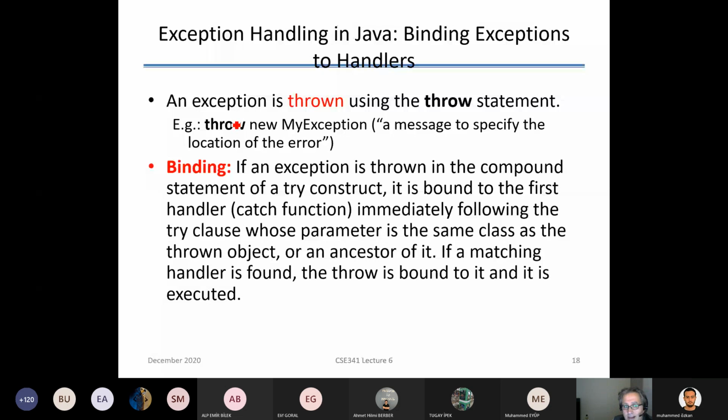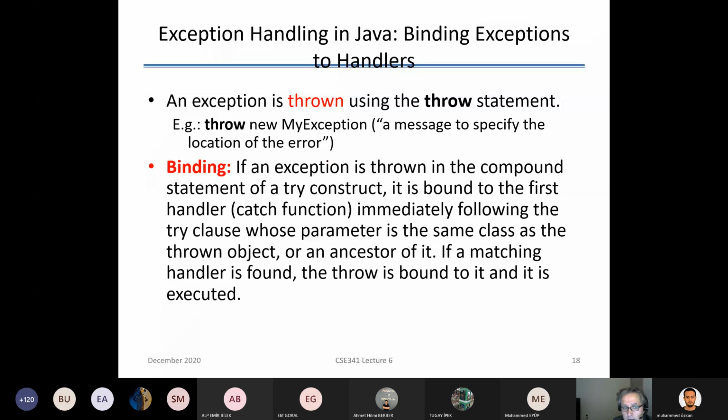And then in the binding, what happens is that if an exception is thrown in the compound statement in the try block, try construct, it is bound to the first handler following this try block, and this is the catch function, immediately following the try clause, whose parameter is the same class as the thrown object or an ancestor of it. So it needs to match type-wise